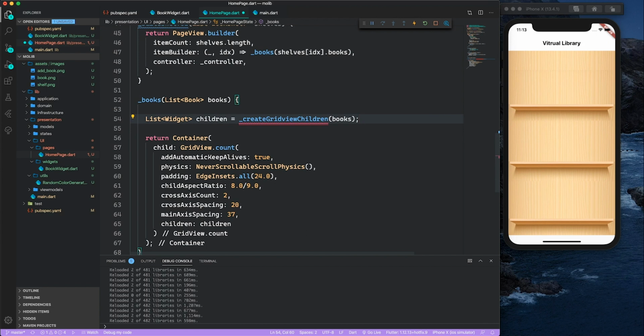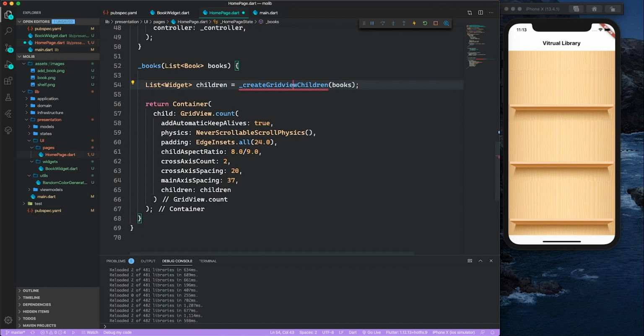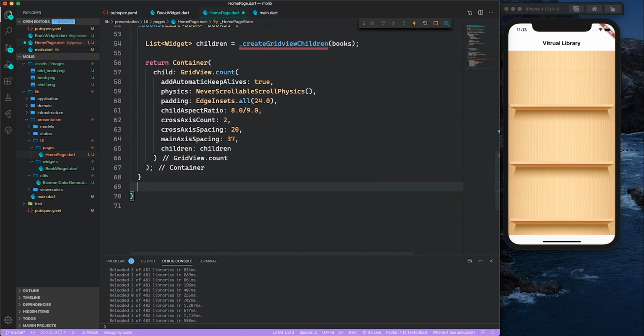So if I am going to create this grid view children method, again this takes a list of books. So I'm gonna create a list of widget. I'm gonna call it children, instantiate it to an empty list,